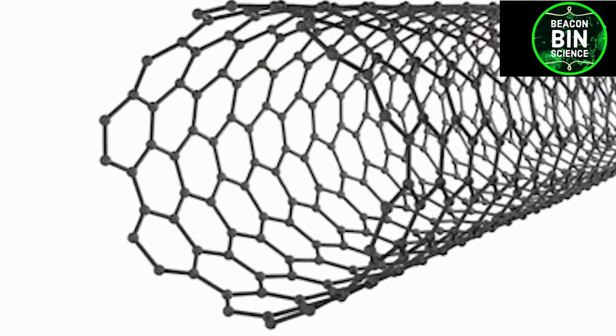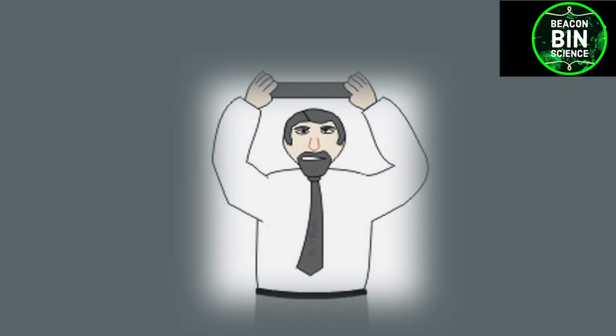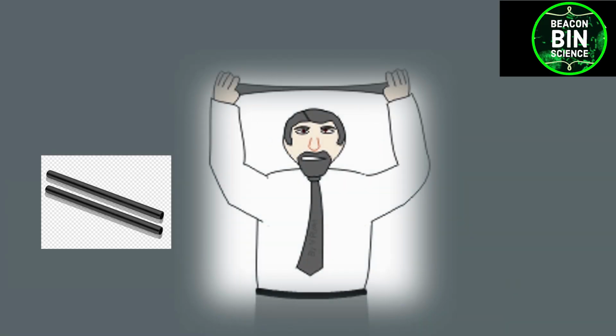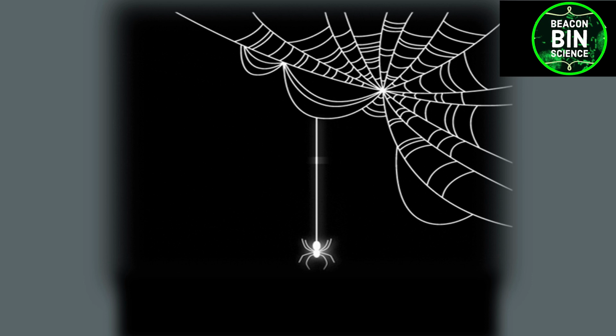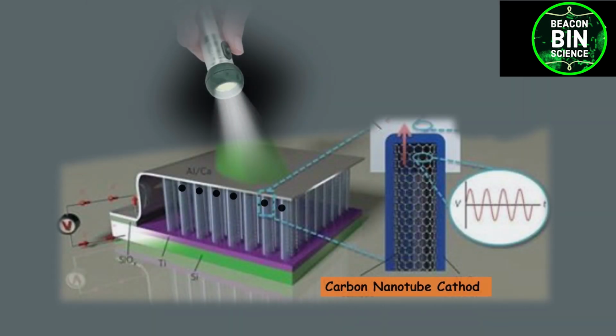Now, after knowing all these things about carbon nanotubes, let's move on to some interesting facts about CNTs. CNTs are 200 times stronger than steel of the same diameter. This is the first synthetic material to have a greater strength than spider silk. It is also an excellent conductor of electricity and heat.